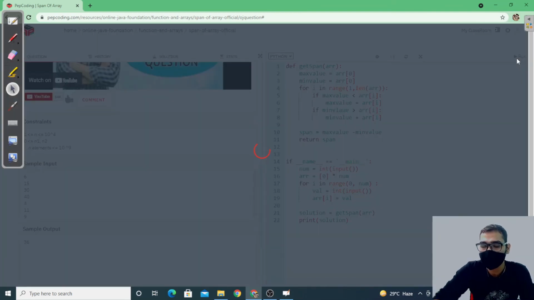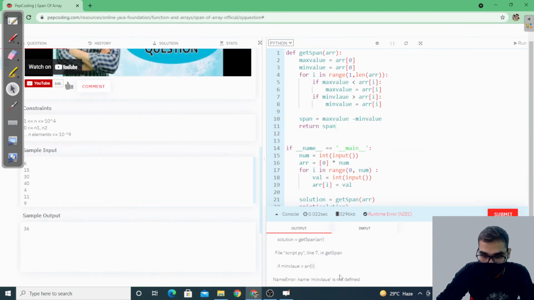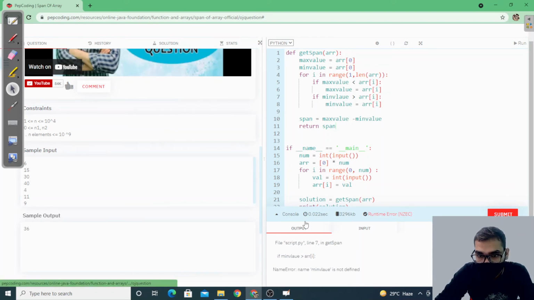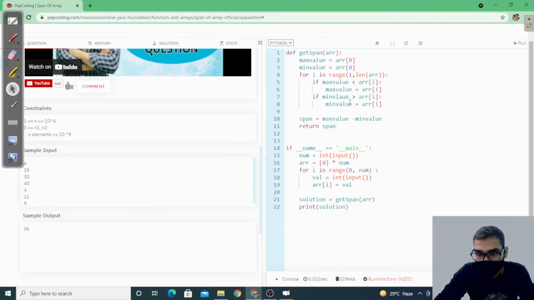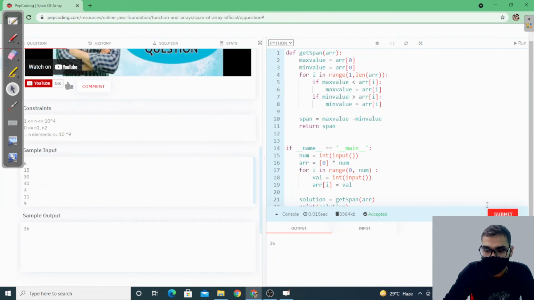Great. So let's try to run it. And it is showing an error. What is the error? Name min value is not defined. Okay, something I used which is not defined. It was a spelling mistake. So it is running fine.